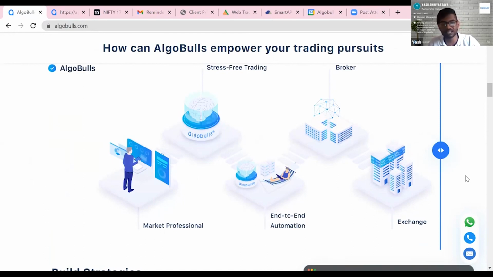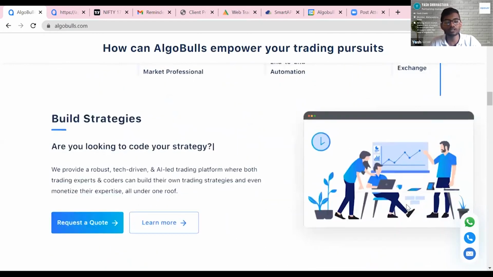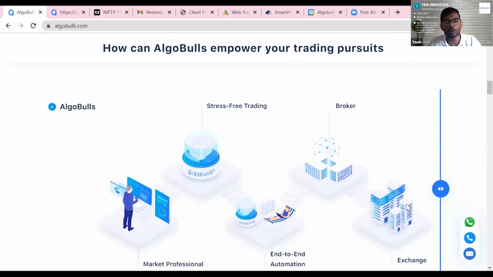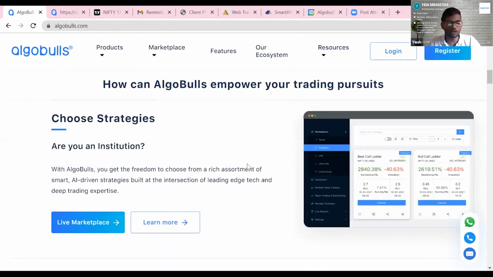We could publish your strategies on our marketplace and share the revenues with you. Apart from that, if you're looking to just use the strategy on your own dashboard, we can do the same thing for you. So this is how we work with experienced traders as well as people who want to just begin in the stock market. So you must be thinking, okay, I've been talking a lot about the marketplace, a lot about index option buy,